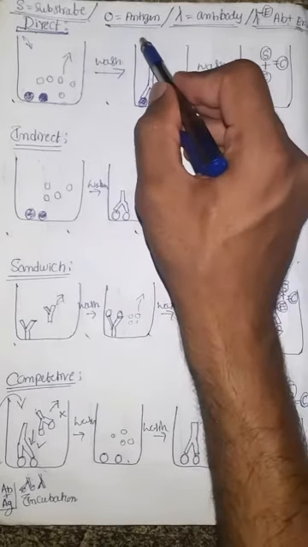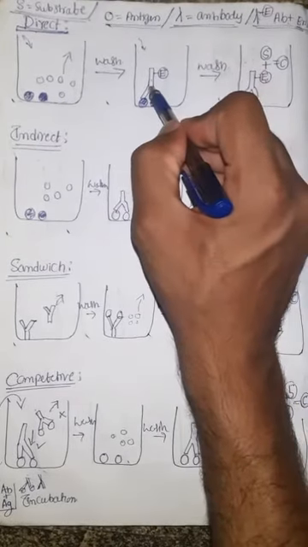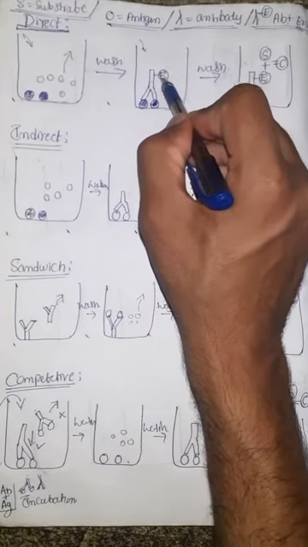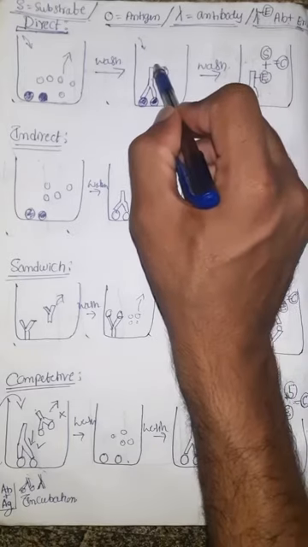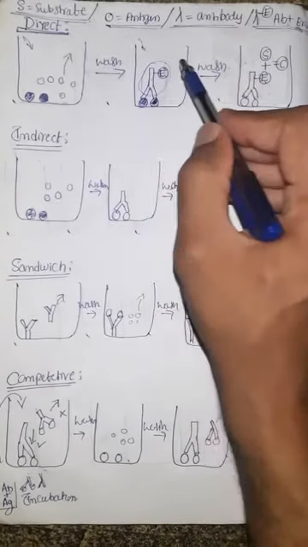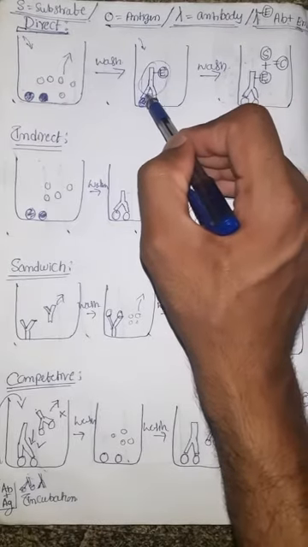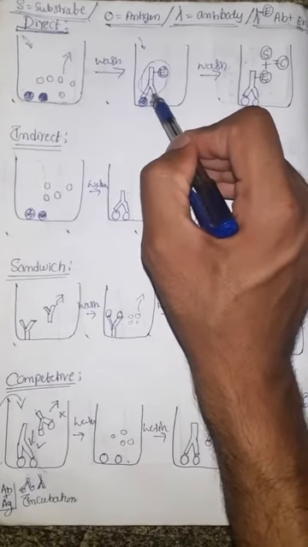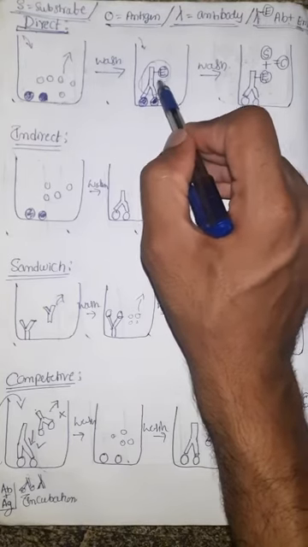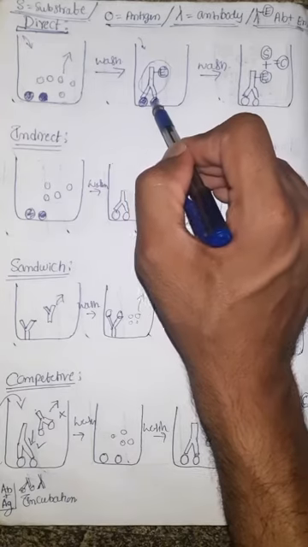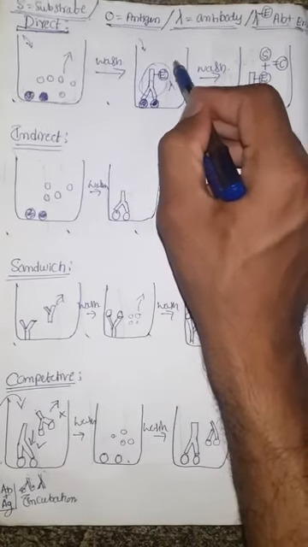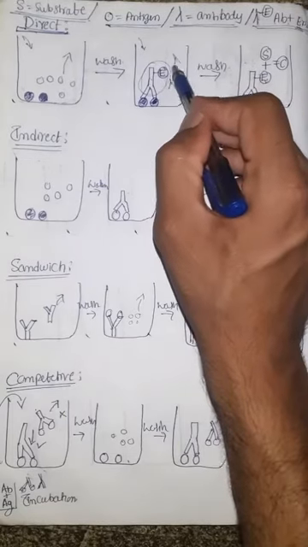In the next step we added an antibody which is bound with an enzyme. Okay, we added this complex together. What happened? With the help of binding sites called paratopes and epitopes of the antigen, they formed a complex, that is an antibody, enzyme and antigen complex. Here also there will be n number of unbound antibody and enzyme complexes.